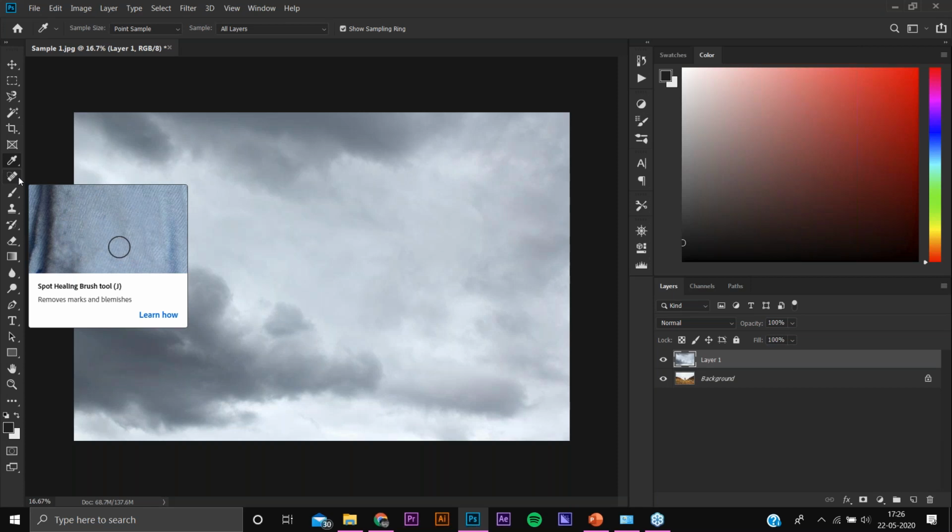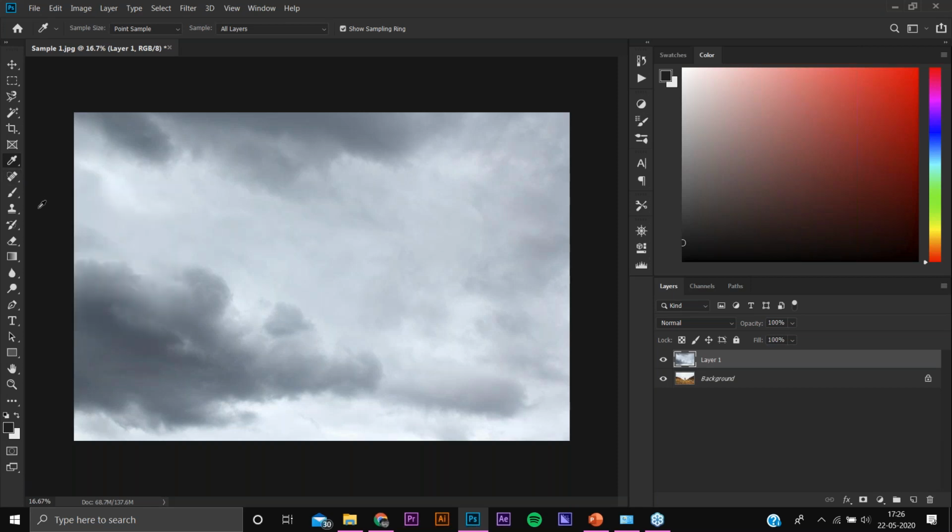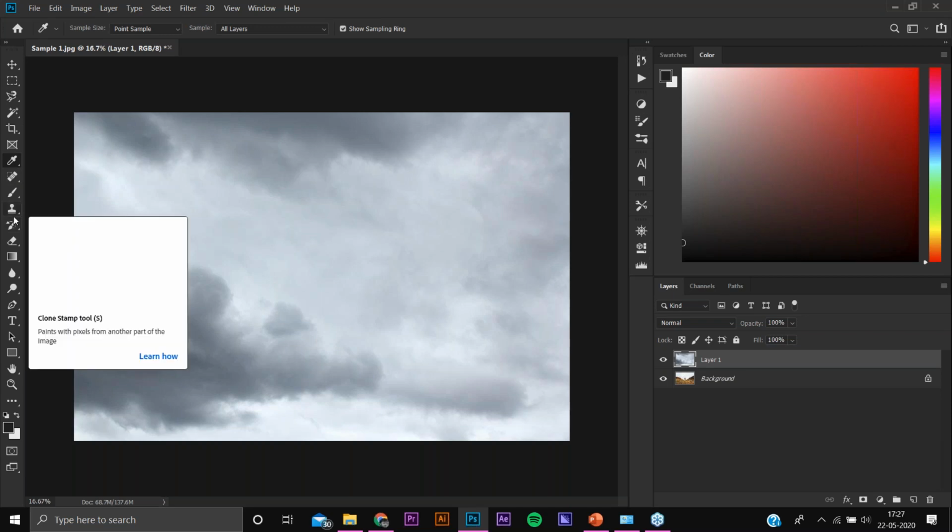Which is used for healing out the images. Then we have a brush tool, clone stamp tool, which is also one of the healing tools. And then we have an eraser, gradient tool, like many others. Like we have an advanced selection tool, which is also said as a pen tool over there,